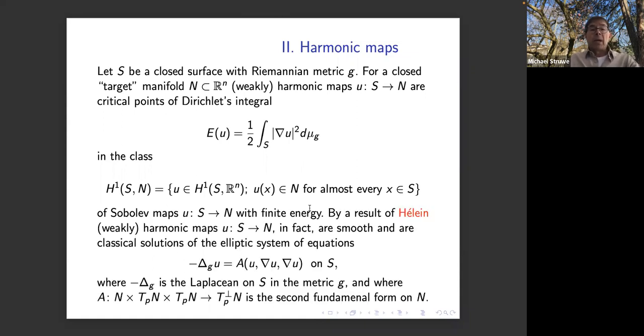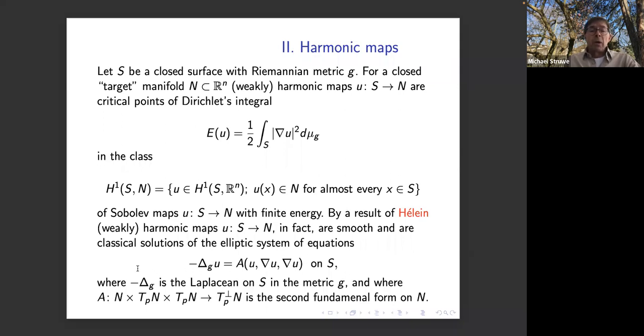Okay, and now it happens that in 2 dimensions, by a result of Frédéric Hélein, weakly harmonic maps from S to N, in fact, are smooth and are classical solutions of the corresponding Euler-Lagrange equation, which is an elliptic system,